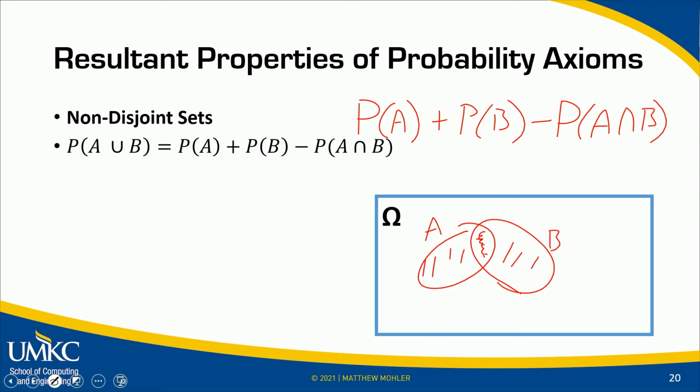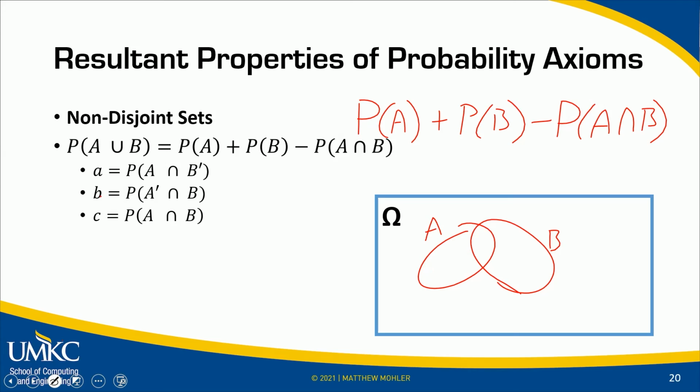Now, if we want to take this a step further, we can really break this out into three elements. There's what we'll call a little a, that is the probability of A intersected with the complement of B. There's the little b, which is the probability of A complement intersected with B. And then this probability little c, which is the probability of A intersected with B. And so if we look at that in a slightly different manner, what we're really saying is that this A intersected with the complement of B is all of the area that is part of A and is not part of B. So that's going to be this area